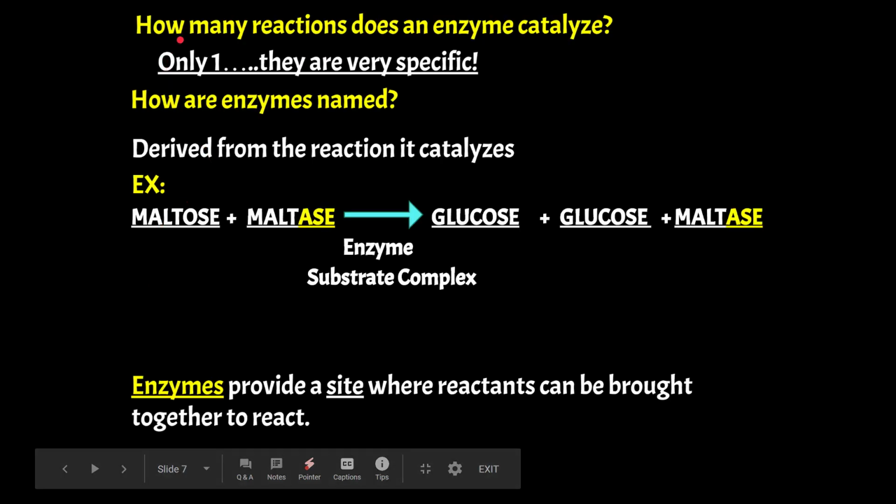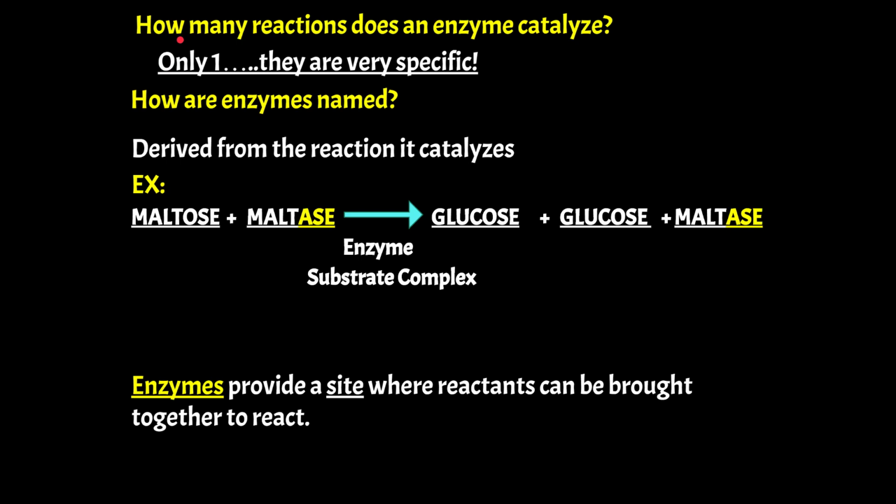So in terms of enzymes and their involvement in chemical reactions, how many reactions does an enzyme catalyze? Well, they only catalyze one. They're very specific. So one enzyme will only speed up one particular chemical reaction. And the name for the enzyme is often derived from the name of the reaction that it